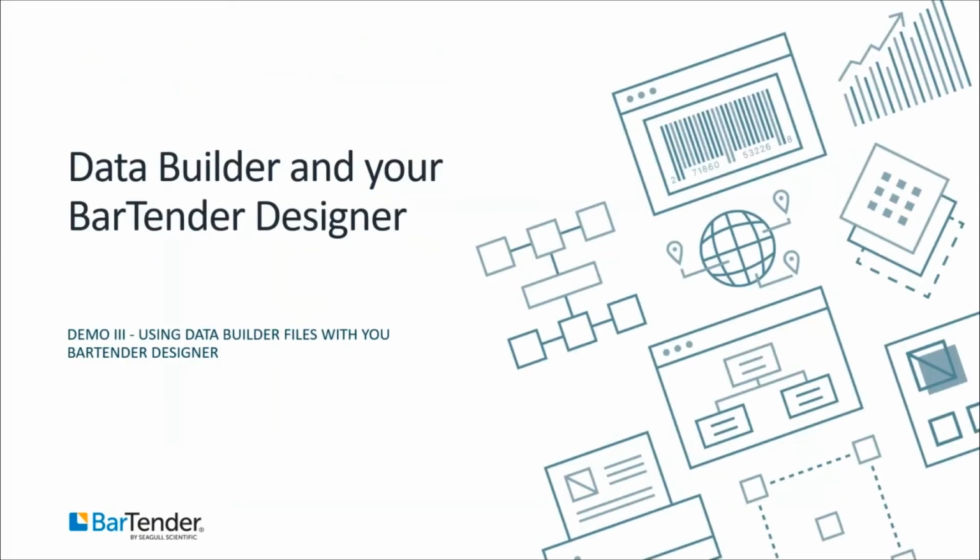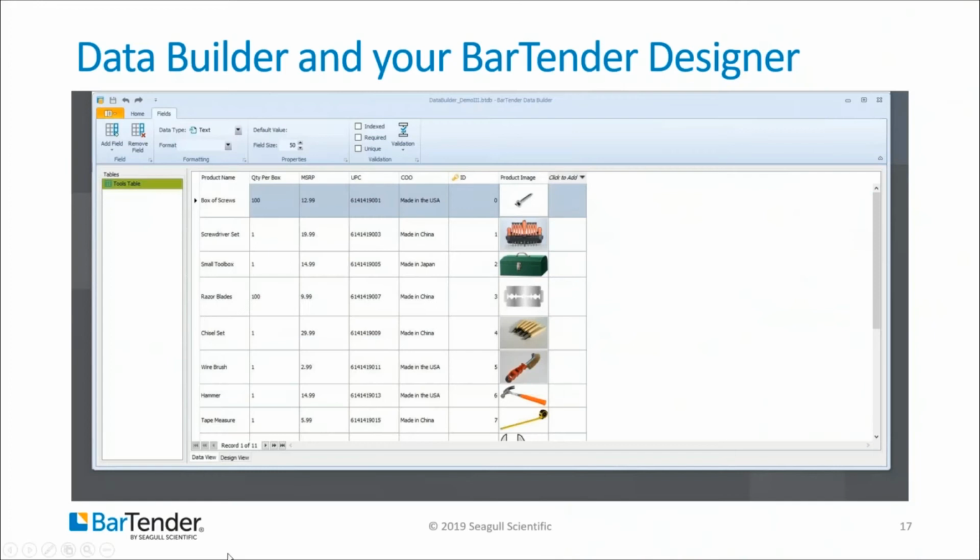We'll go ahead and we'll continue on to our last demo, which is going to be, let's say that we went through the hard work of designing our database. We have all the data that we could need in there for now. Remember, the database can be live. Products are added and removed all the time, so you can add to it and make it what you need it to be at that given moment. So we have the foundation for our database, and we're ready to just start designing our label and linking it all up and printing. So in our next demo, we begin with Data Builder itself,